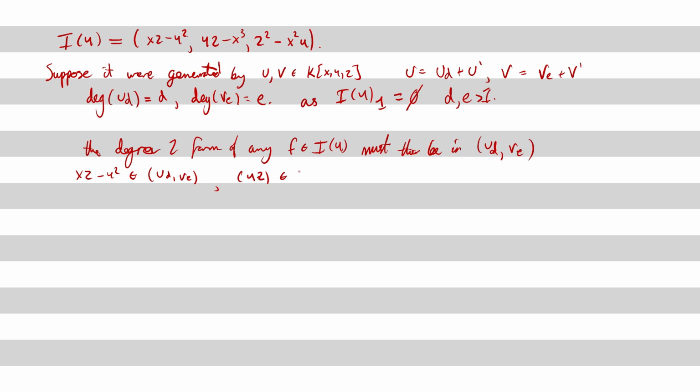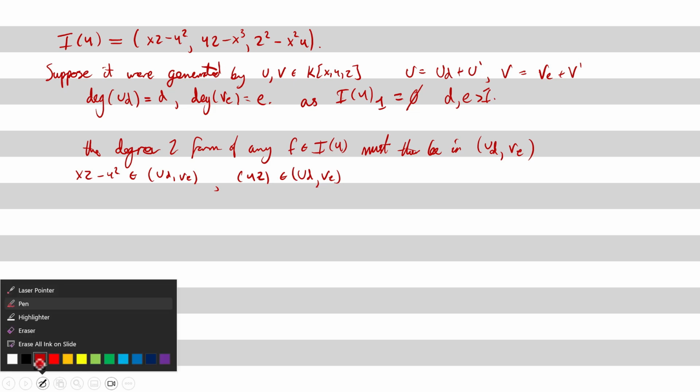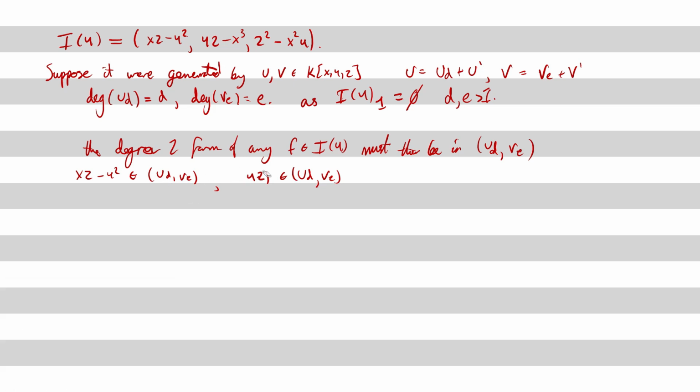Yz is within UDVE, which is within the ideal generated by the initial homogeneous form of U and V in proper terms. And finally, z squared is within UDVE. Therefore, xz minus y squared, yz, z squared is a subset of UDVE. Now, I won't prove it here, but these are linearly independent, and so